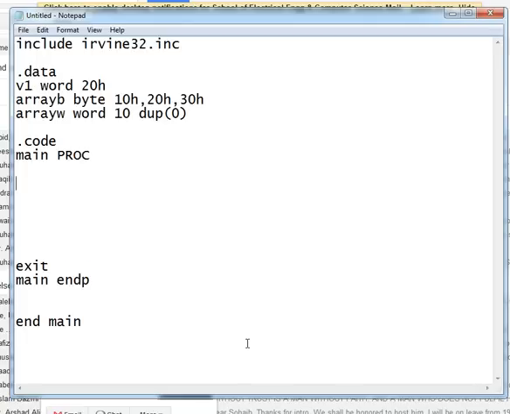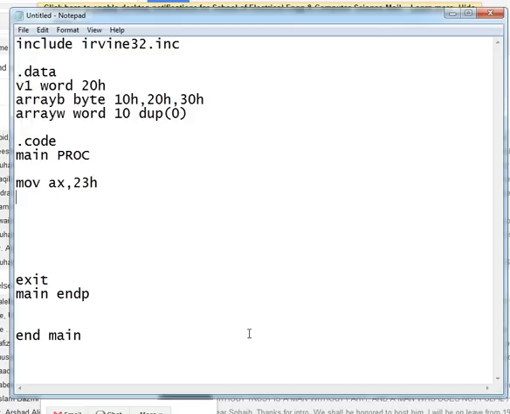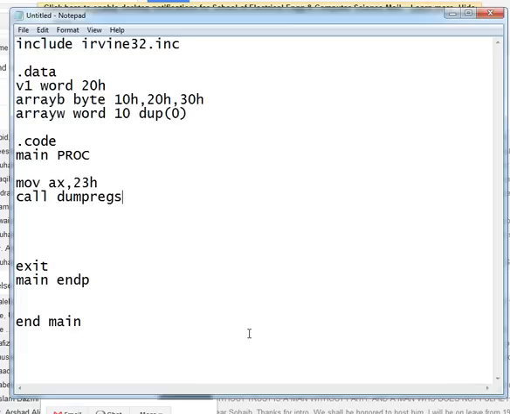So now if I write some instructions here, like mov ax, 23 hexadecimal, which is an immediate value or an immediate operand, then I'm asking it to move 23 hexadecimal as a number, as an immediate or a constant value, inside the AX register. Then I can check the result of this instruction by using call DumpRegs, which is a predefined procedure. So right now let's save this file